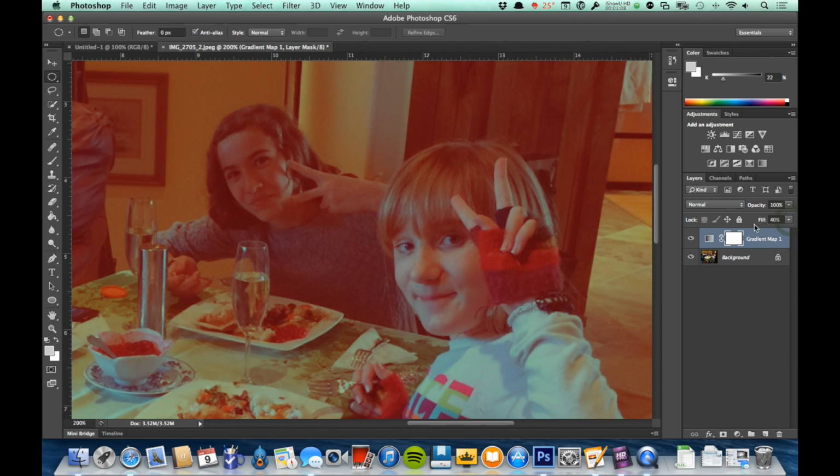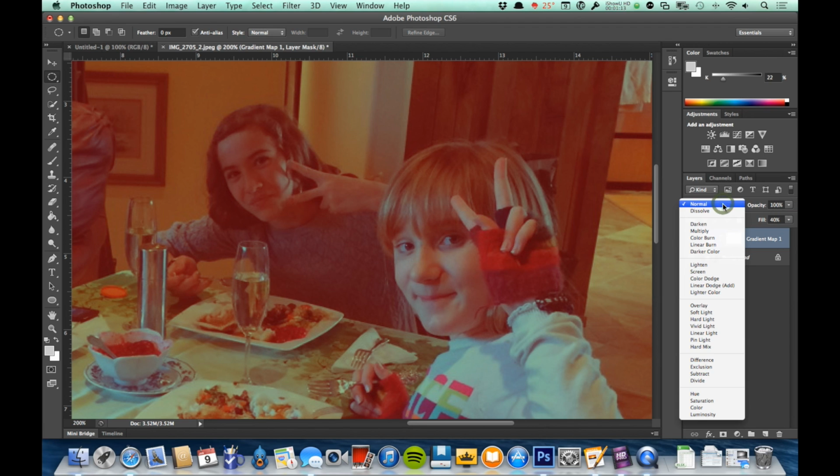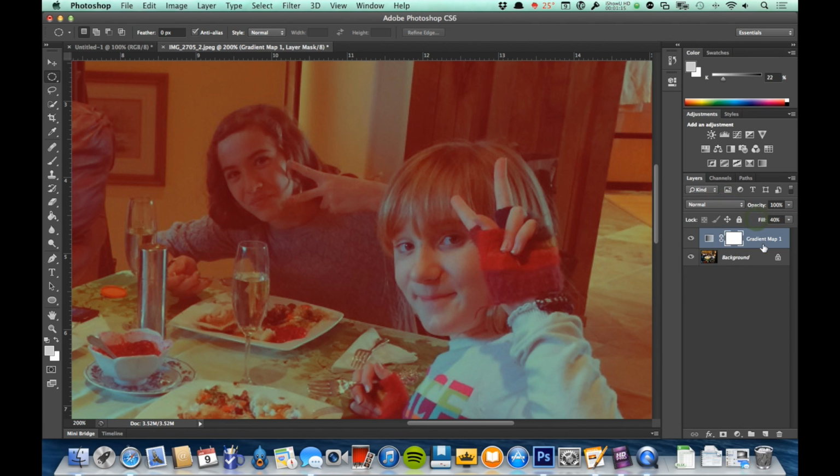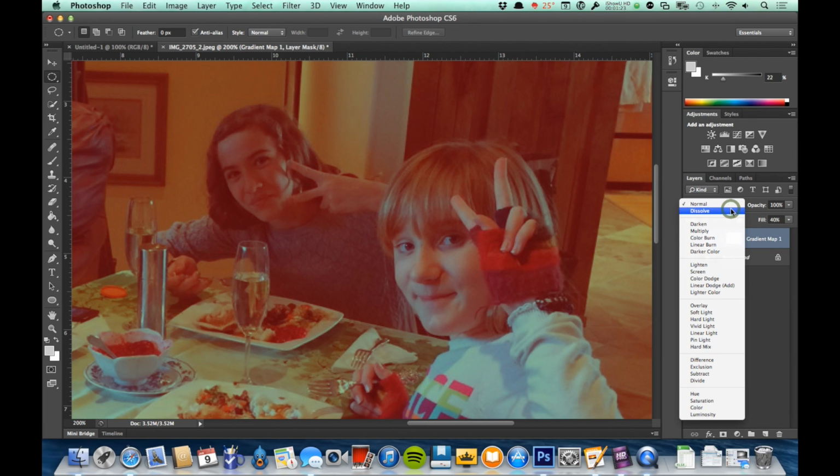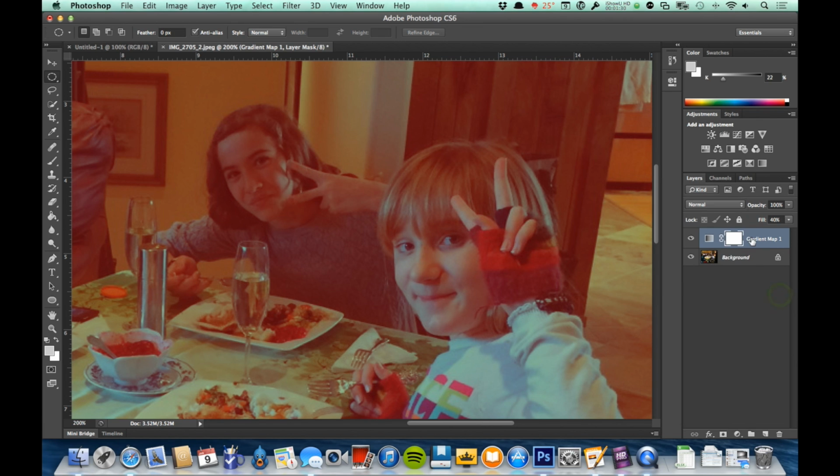Now, you'll notice I dropped this fill here, and I've got this button here that says normal. These are what are called blending modes. Blending modes are a way to make layers blend together in specific ways to do specific things. I've got a whole bunch of them, and they all have different effects, so it's worth playing around with. But I'm going to show you a couple of them that can be used for some pretty cool